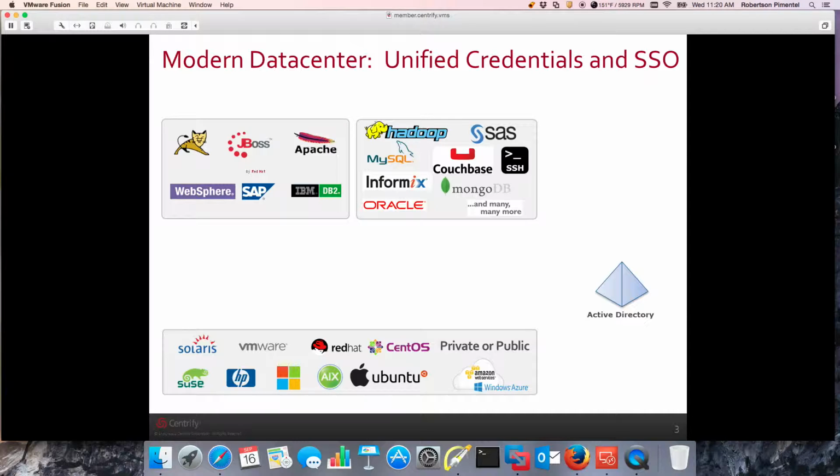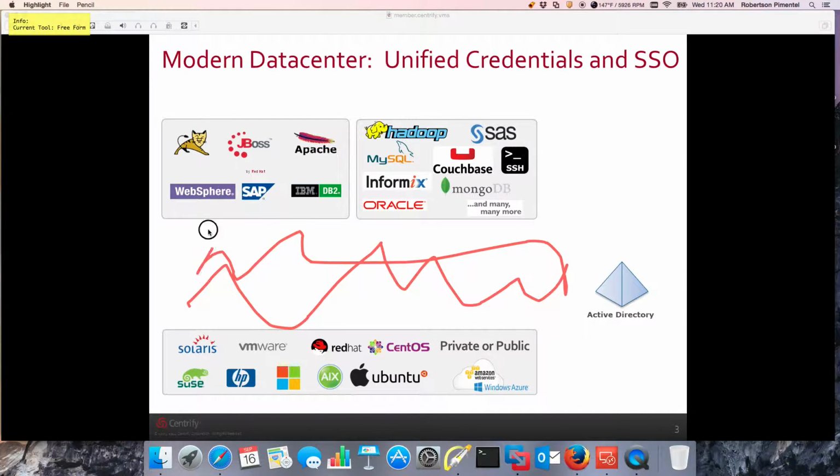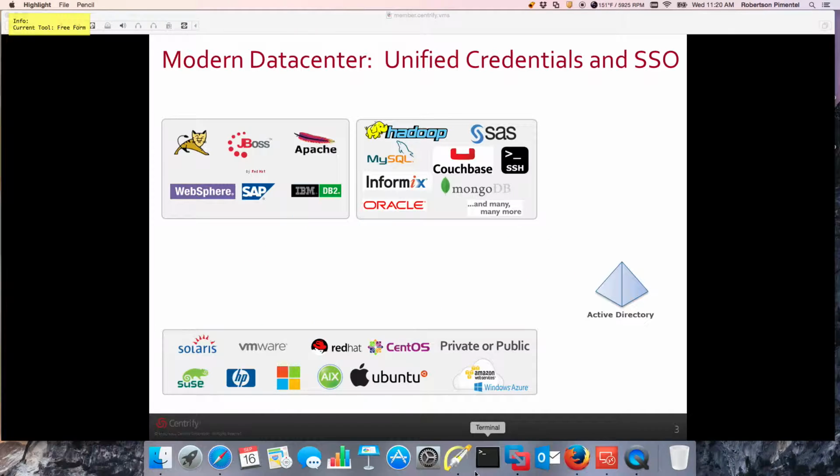The problem is right here, right? So all the complexity that you have to implement to support these scenarios, right? And then there's security posture, security attestation, right? With Centrify, basically what we say is just focus on Active Directory, and we'll provide the rest for these platforms